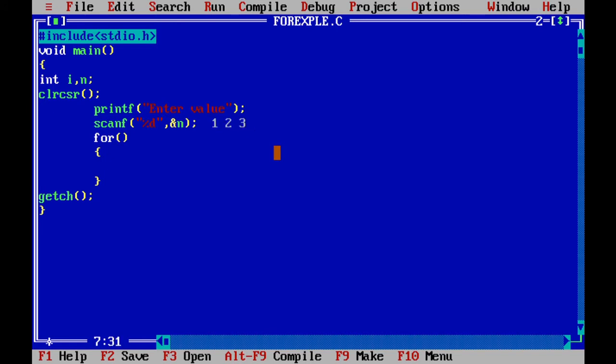It means I am going to start printing numbers from 1. So I will initialize the value of i equal to 1. After that, I am going to print the numbers up to n. So until i is less than or equal to n, print the numbers and i++. So here there are three parts which are present in the for loop.